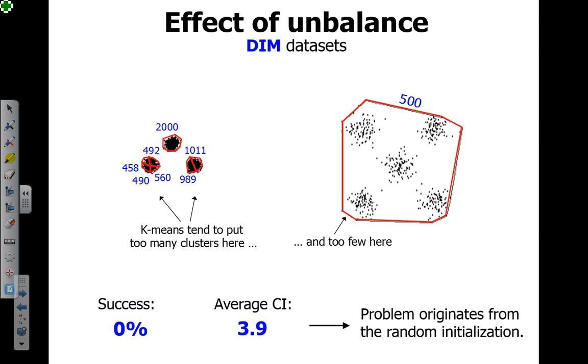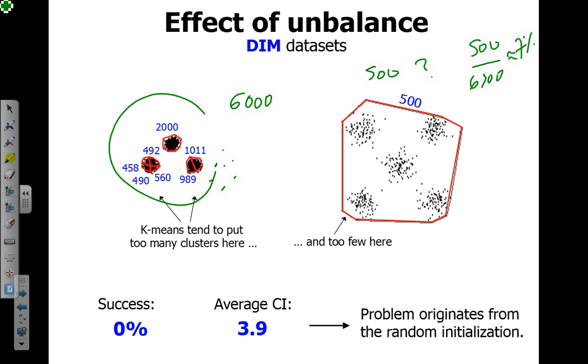If you consider random sampling, and you have here 3,000 points on the left and 500 points on the right, what is the probability of choosing one point from here? Well, it is 500 divided by 6,500, I think something like 7%. So if you select 8 random data points, I'm pretty sure 7 or even all 8 will be selected from here, because there are more to choose from. And from this 500, if you're lucky, you will select one. In some cases, you don't select any of them.